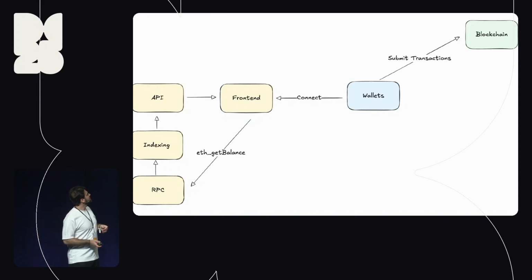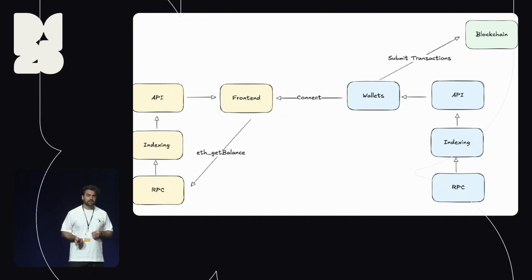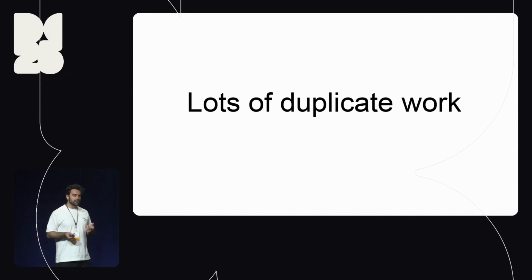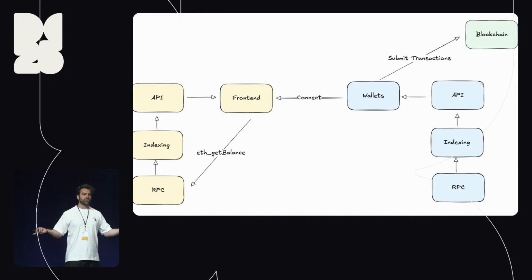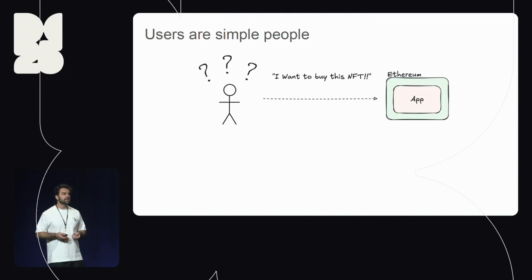But can you see that? Okay, you can. Coincidentally, though, the wallet is the one that actually does the transaction signing, and it's the one submitting to the chain, but it's also typically built upon an API that does indexing, and therefore also indexing via RPC. And so we have this duplicative work happening, right? If you look back, we're both trying to get the balances and understand the users so we can progress our state forward. And it creates a lot of duplicate work, a lot of duplicate data that's not really needed, because as an app, you don't really know the user.